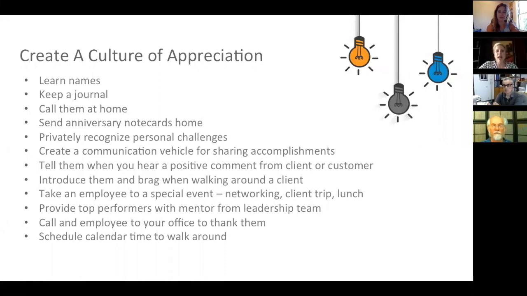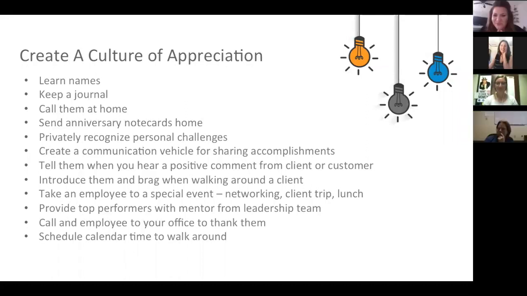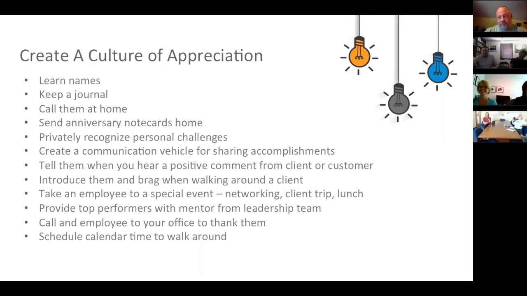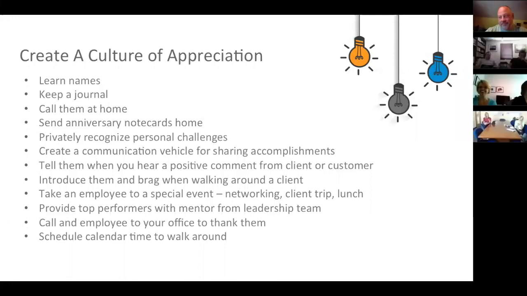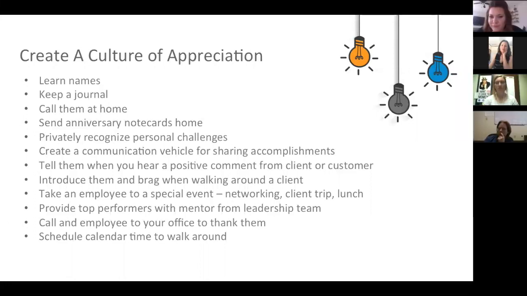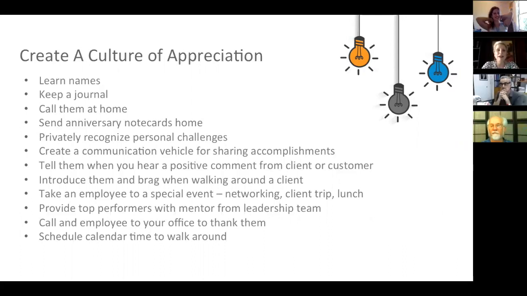One of the things that meant the most to me was my office is floor to ceiling Bon Jovi memorabilia. I'm aging myself. I mean, everywhere. And although my boss doesn't understand it, like he thought it was Arnold Schwarzenegger at first, I was just mortified. One day he called me out of a meeting and gave me Bon Jovi tickets to the concert to recognize me for something. And it just meant the world to me because I knew he absolutely didn't even really know who he was. So pay attention to what's in their office, what's in their cubes, and write it down because it'll come in handy.